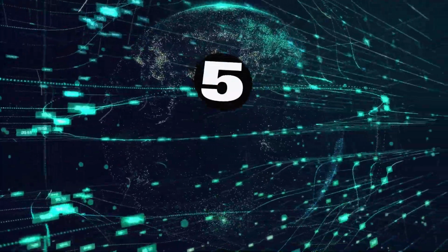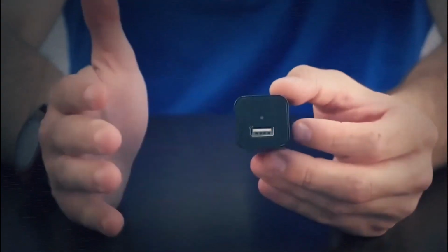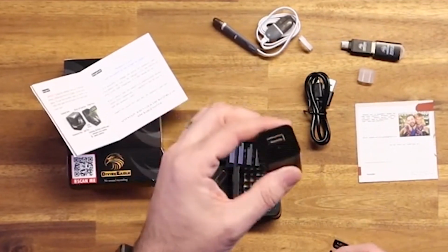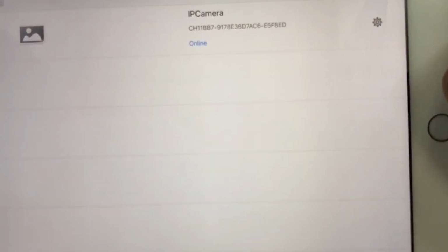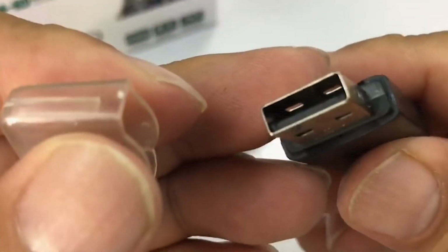Number 5. Spy USB Charger Camera. Did you know that your USB adapter can do more than just charge your phone? With the USB spy camera adapter, you can snap some sneaky pics and view them on your laptop, tablet, or smartphone in a jiffy. Plus, with its built-in 32GB SD card, you can store all your top-secret spy intel with